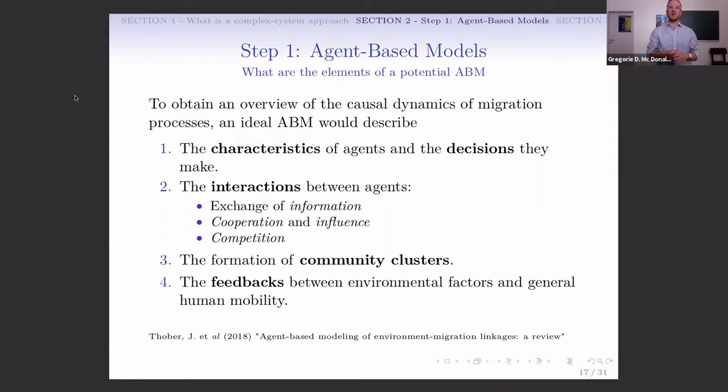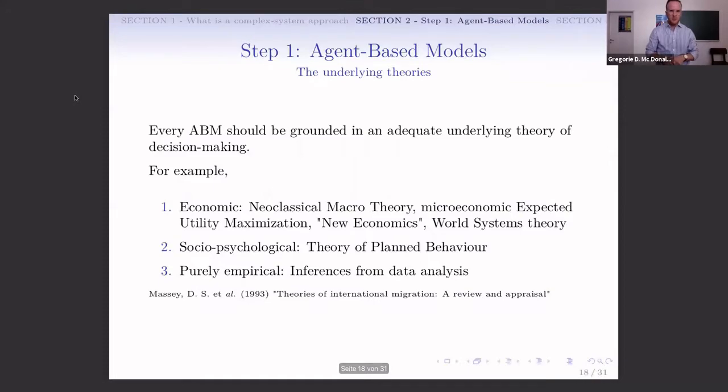So it might be interesting to see to what extent there might be causal loops generally in complex systems. Usually to ground agent-based models, we need some kind of underlying theories that explain the decision of individual agents. Every agent-based model should be grounded in an adequate underlying theory of decision-making. By the way, that should interest